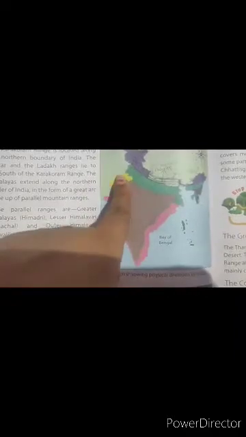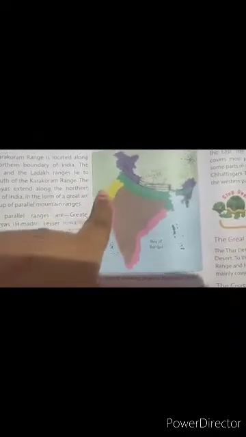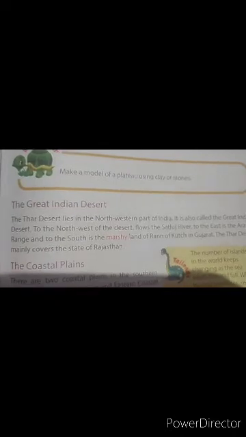Now come to the next, the Great Indian Desert. The area in the map which is colored with yellow color is the Great Indian Desert. The Thar Desert lies in the northwestern part of India.